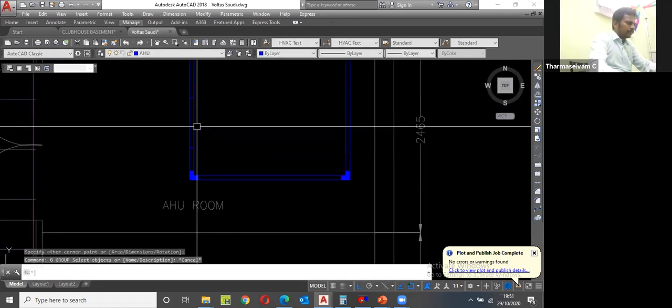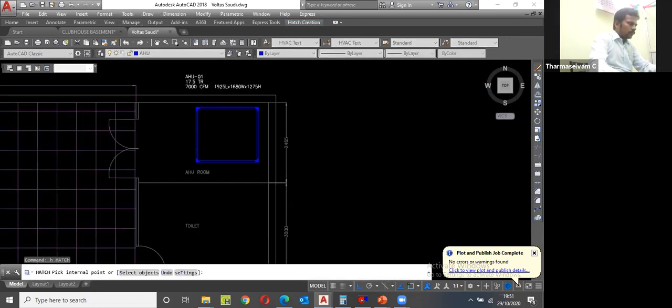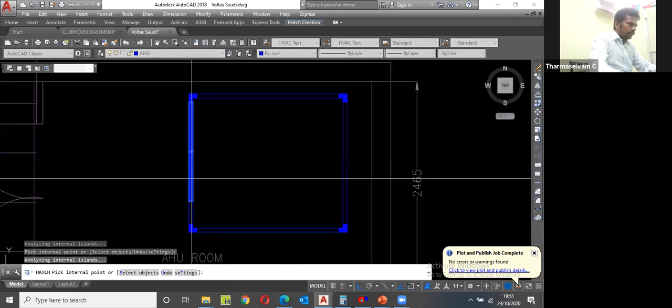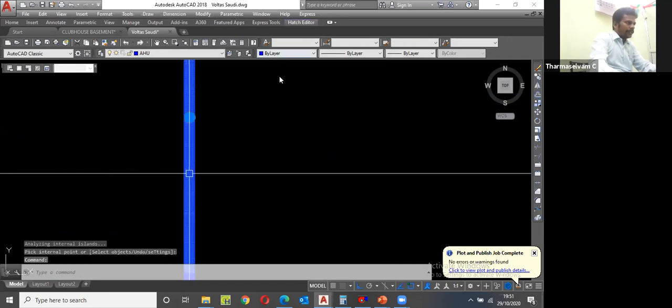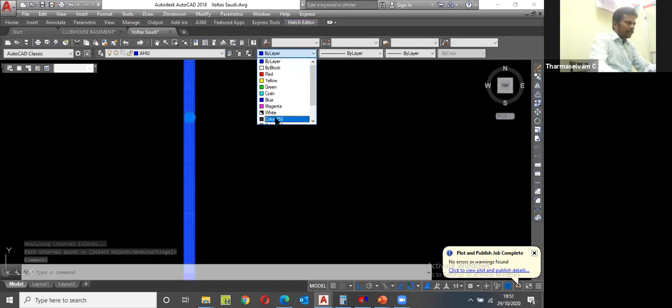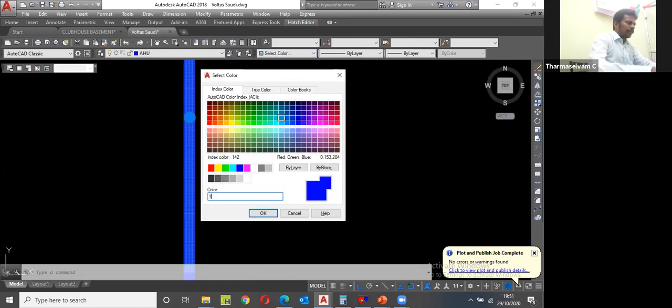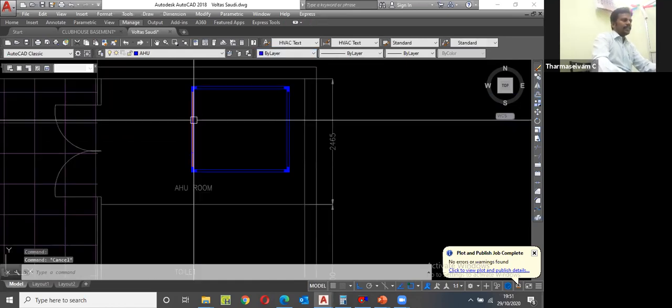Hatch. Filter. Maybe I'm going to change this color a little bit for variation purposes, color number 15 or something. Okay, for a different purpose. This is a filter.